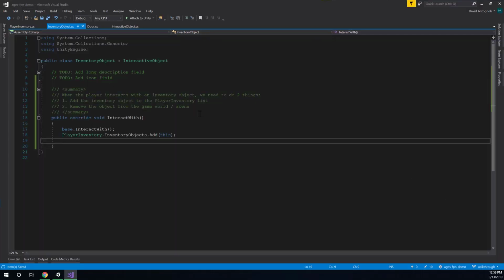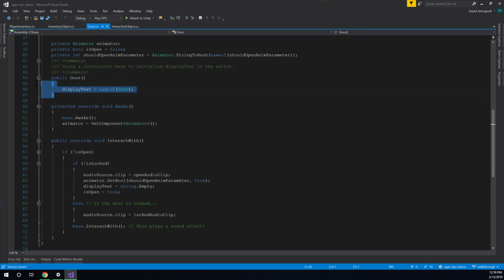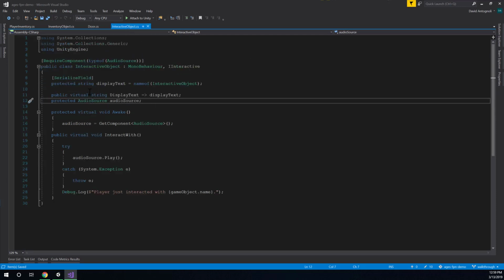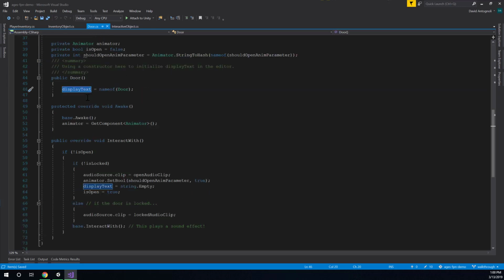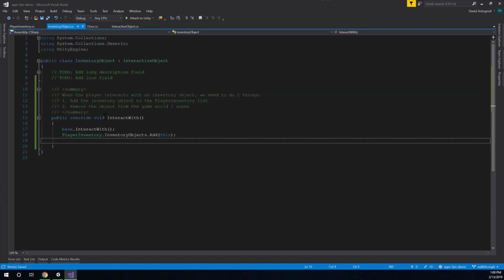And so remember the trick to that, we can look at our door to remember how we did that. We had to make a constructor, and the reason is we cannot override a field like this. So I can't override this in a child. It's just not something you're able to do. You cannot override fields. You can override properties, but not fields. And this one is a field. So instead, we have to make a custom constructor and assign the value that we want in the constructor. So I'll just do that same thing here. So in my inventory object,